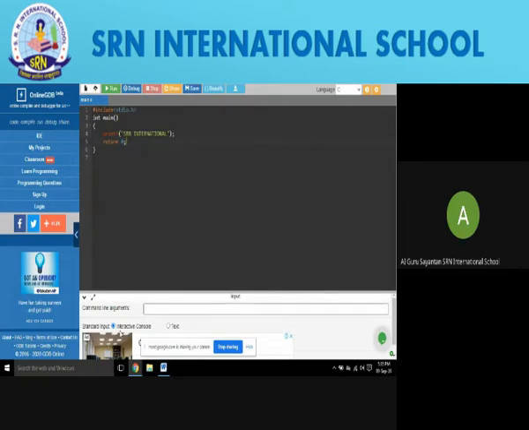Now, what is the return line? The return 0 line actually shows us the result which is coming. Printf will generate the result that we are asking for, that is SRN International, but with the help of the return 0 command, we will be able to see it on screen. It will be available to us.